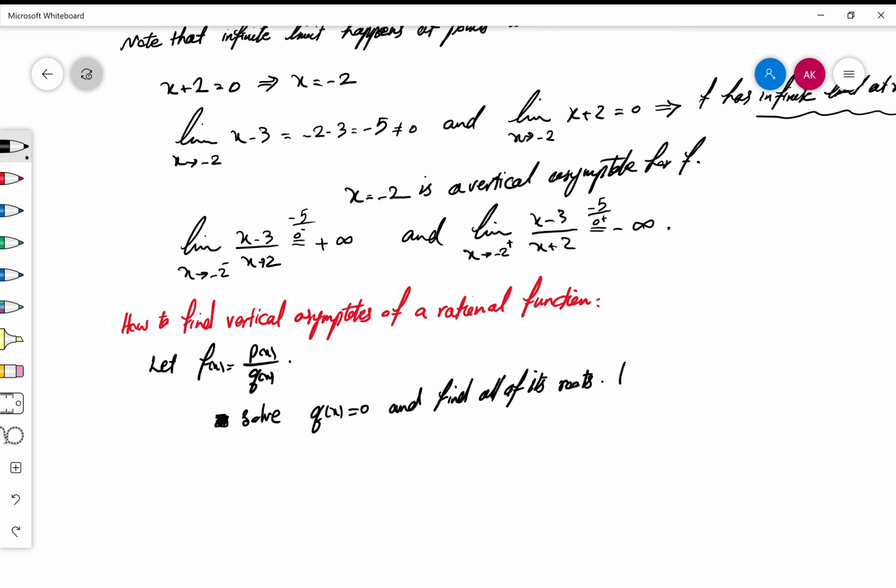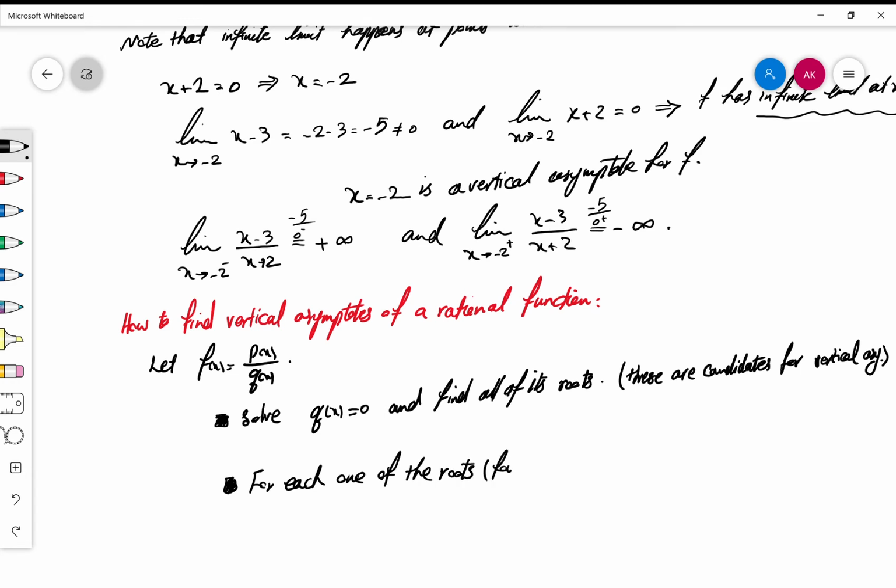These are candidates for vertical asymptote, but we have to make sure that they are. Then for each one of the roots,